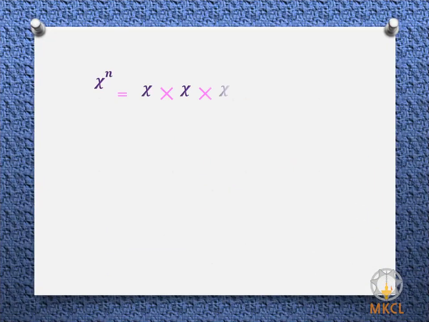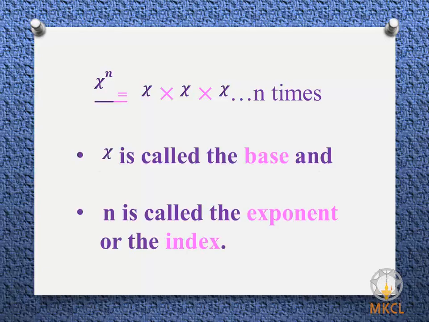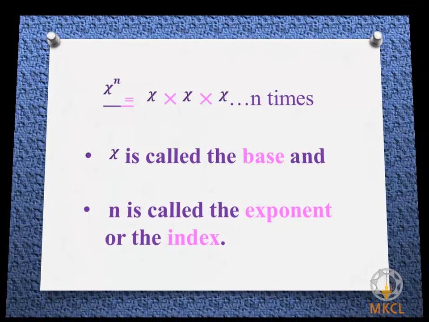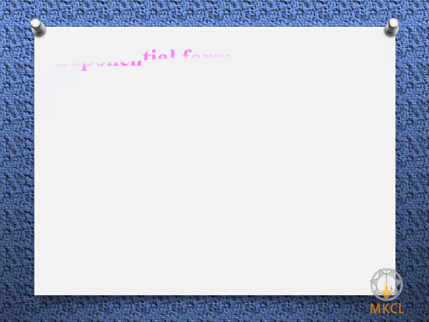So in general, x raised to the power n can be written as x multiplied by x n times, where x is called the base and n is called the exponent or index. See carefully, here x is called the base and n is called the exponent or the index. This symbolical representation is known as exponential form of a number. Exponential form,